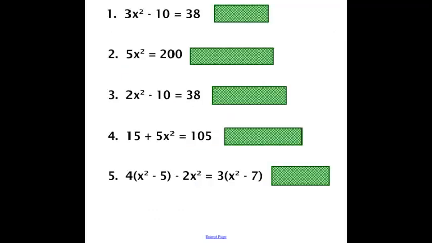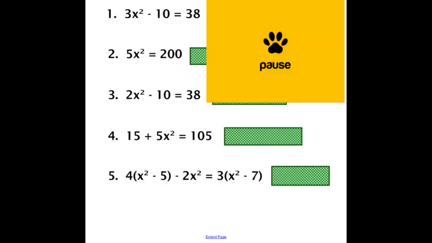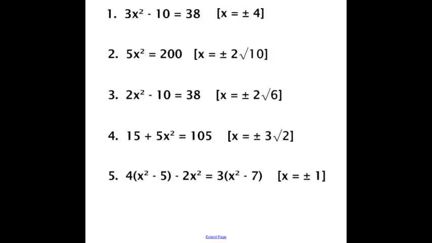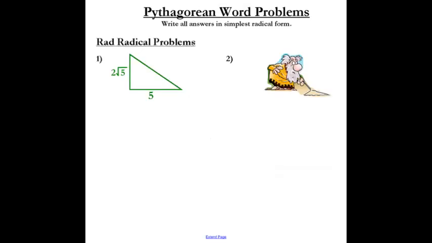What I'd like you to do is just jot these down quick, pause the video, and solve them. And come back. This shouldn't take you but a couple of minutes maximum. If you're back with me, you see that I have all of the solutions there. And I do have the positive and negative symbol before each of those solutions. So please make sure that you do too. Now that being said, we're going to get lazy for a little while with this. So when we come back to quadratic equations in about a week, you're going to find that we have to again consider that. But since we're talking about real life situations and distances, we're not going to use that symbol